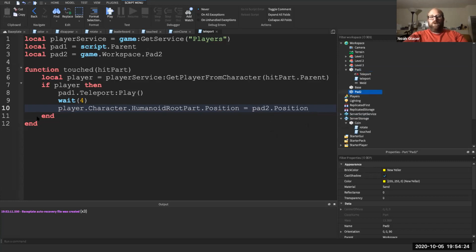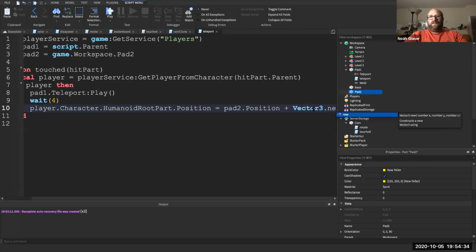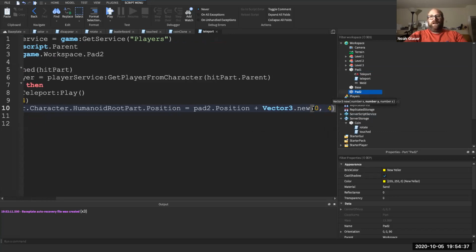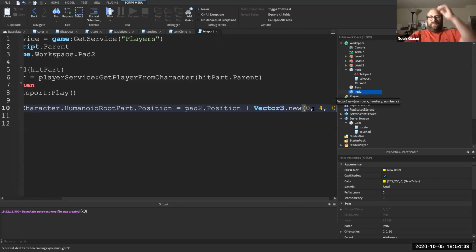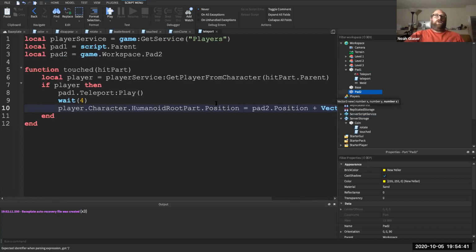But we don't want to put it on pad2, otherwise half the player will be in pad2 and it'll get really funky. So we're just going to add 4 in the Y direction, but feel free to play around with that. It doesn't completely crash if you do. So that should teleport us to the